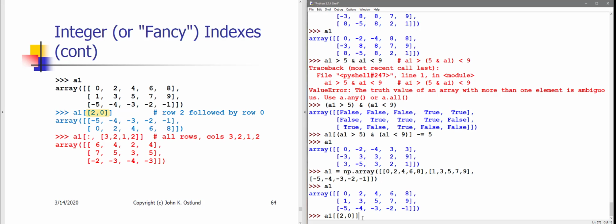Not only can I select individual rows rather than sequences of rows, but with fancy indexing I can even change the order of those rows. So what I'm going to get out from this is row sub 2 followed by row sub 0. The result is going to be an array of 2